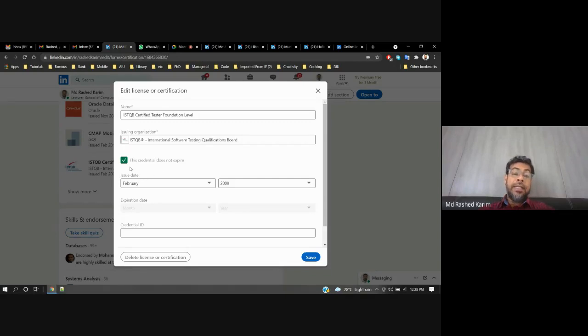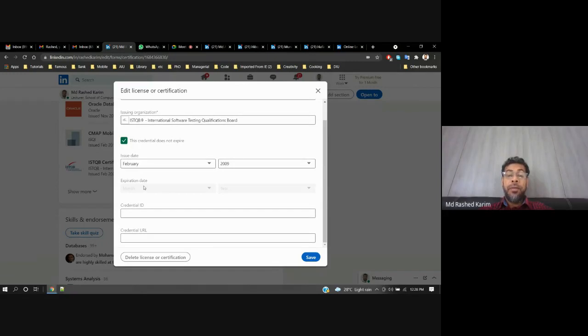And this credential does not expire. Some certificates may expire, but this certification does not. I achieved this certificate in February 2009, and it will not expire because this certificate has no expiration. If I have any credential ID, I can put it, or a credential URL.